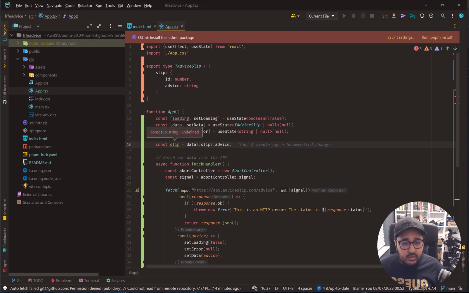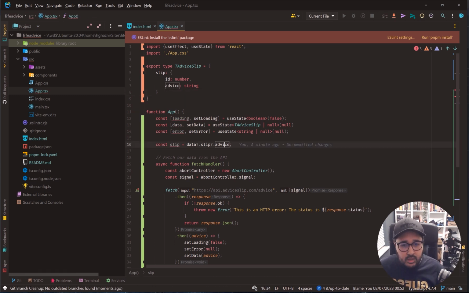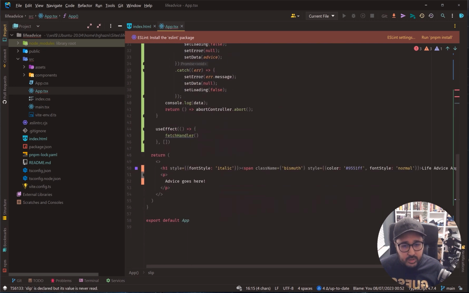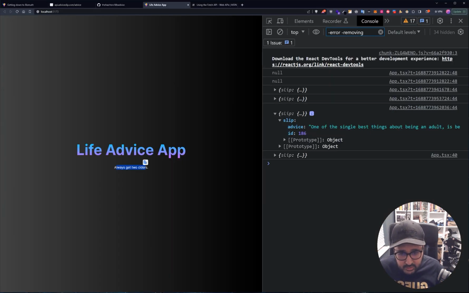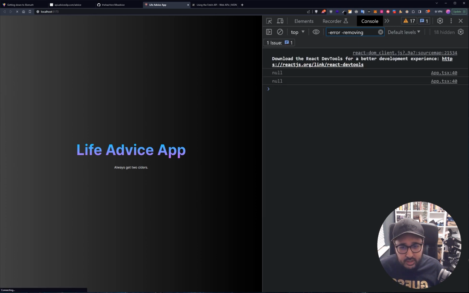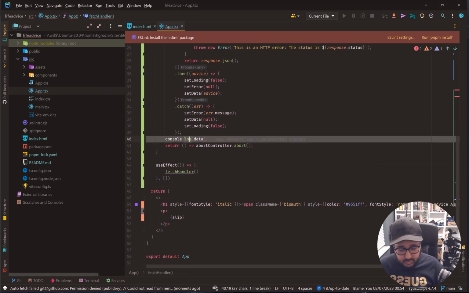So the type autocomplete on the IntelliSense here is incredible once you set it up in this way, and you make sure that the response is typed, and it helps with auto-completing and just working around the API a lot easier. So now we've got slip. Let's head all the way down to here and delete this and data bind this. So we'll just put slip here in some curly braces, and there we go. If you refresh that now with a manual refresh, we get a new one. So we can see that this is working with the endpoint, but one issue we do have, if we go back here, we'll get rid of this console log now, we don't need that,